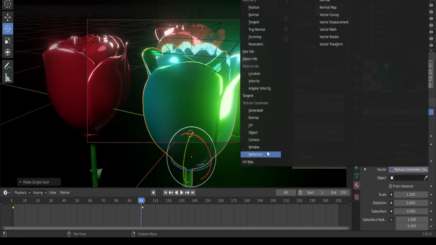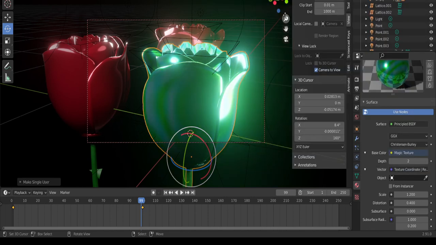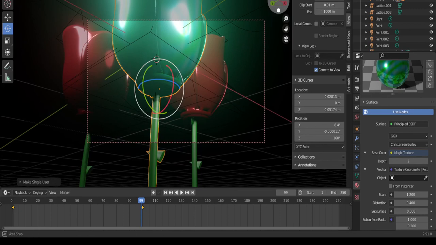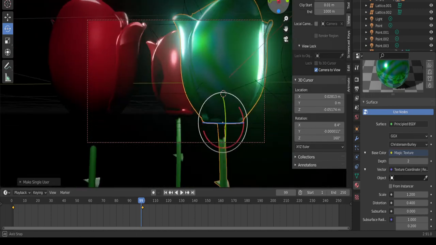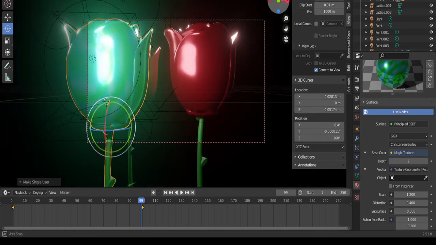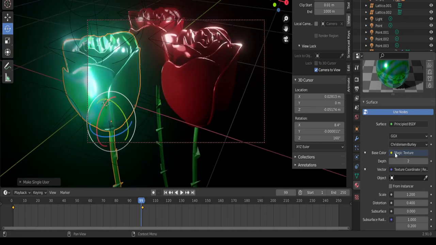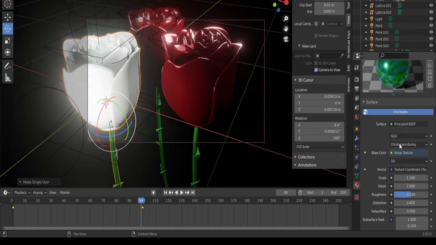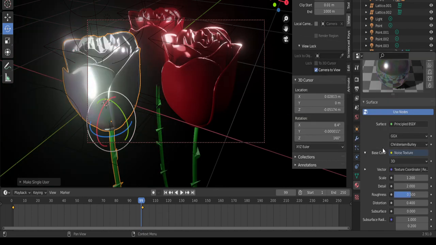So that's a preference thing. I'm going to leave it on reflection there. So you got magic texture. Here's that noise texture. And you might want to use that as a